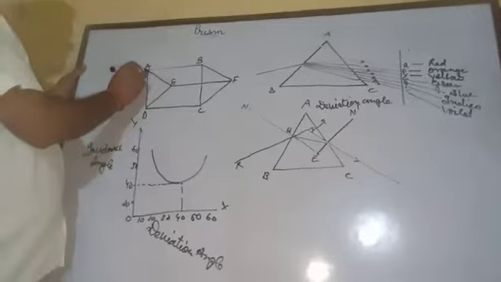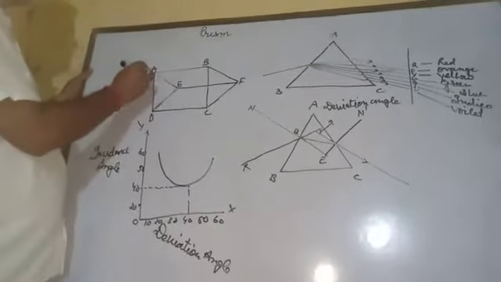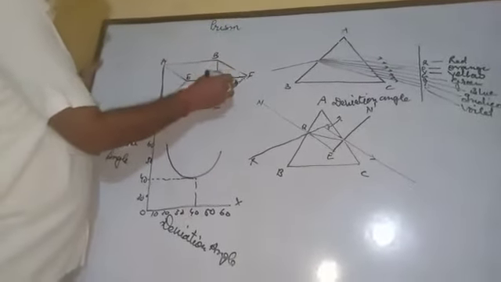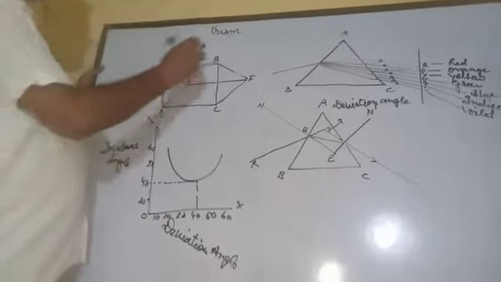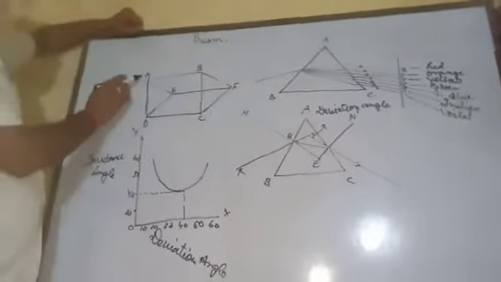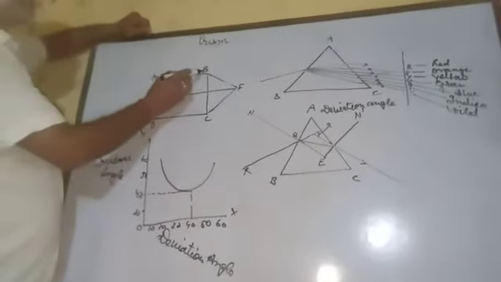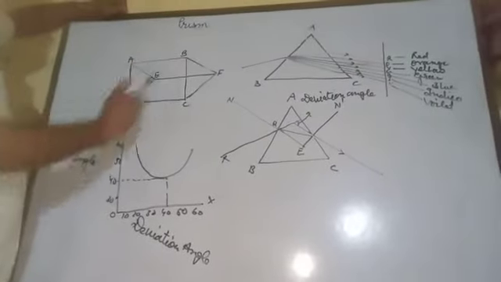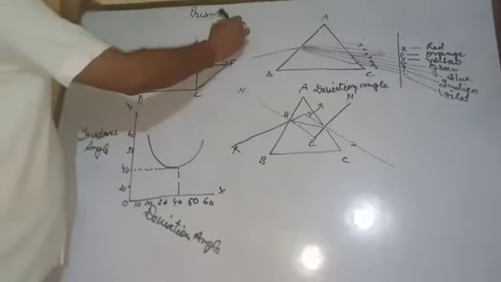A prism consists of two triangular surfaces which are parallel to each other. Here you can see AED and BEFC are the triangular surfaces which are parallel to each other,